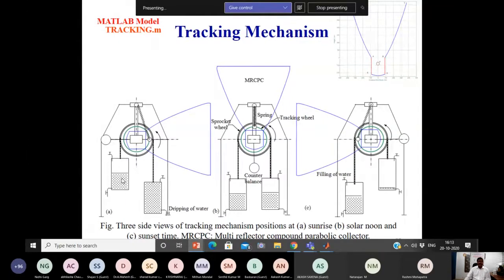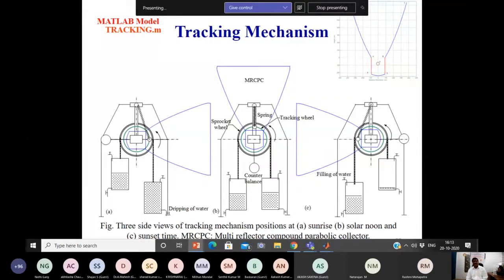On the left hand side, the weight position is always the same. That means in the first drawing, second drawing and third drawing, the quantity is the same. It may be liquid or fluid or sand, whatever it may be, the fluid or the solid, like sand, we can keep it here. And in the other header only, there is a change in the mass. Initially it is 100% mass, at noon time it is 50% mass, and at the last sunset time it's very close to 0% of the mass, maybe 5%, some buffer is maintained here.